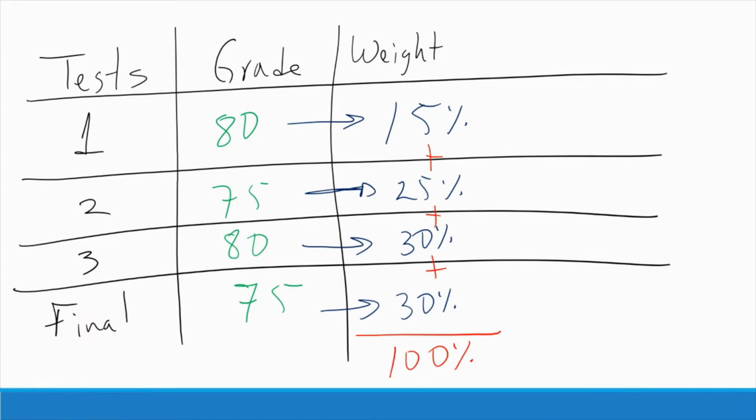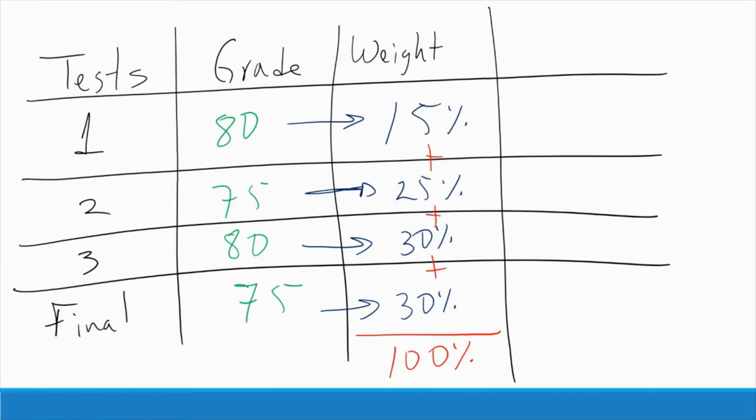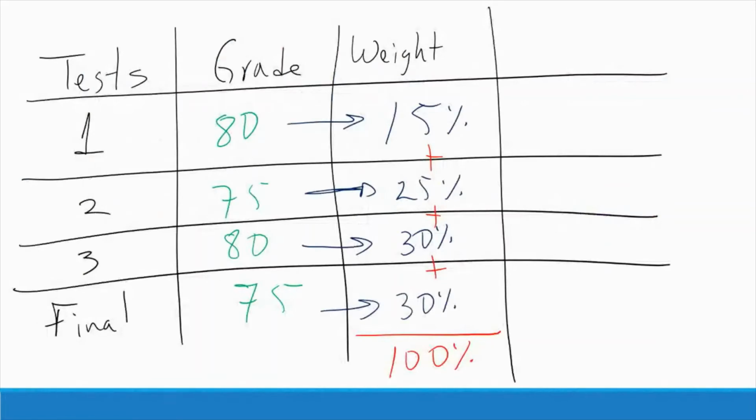Well, this is the weighted average, and different grades have different importance. We calculate here by multiplying each component by the factor reflecting its importance. Okay, so what is the first component? It is 80, times, what is the factor of importance? 15%. So you can just do times 0.15, or in your calculators, you can do 15%,